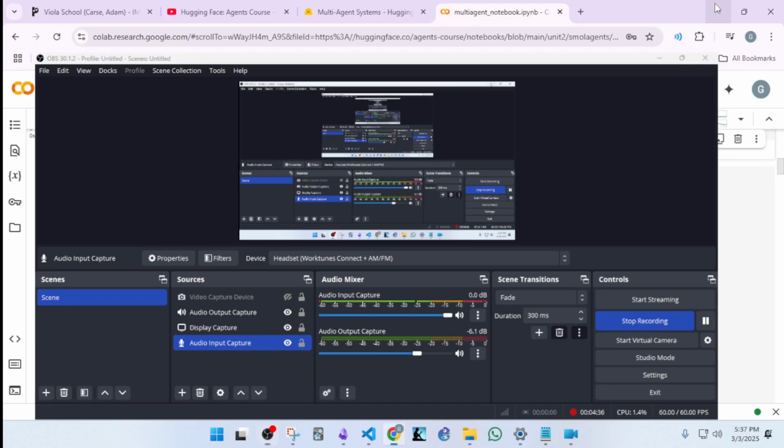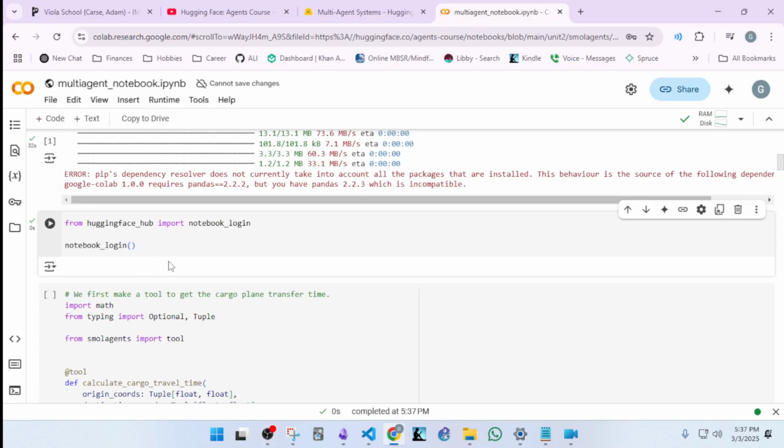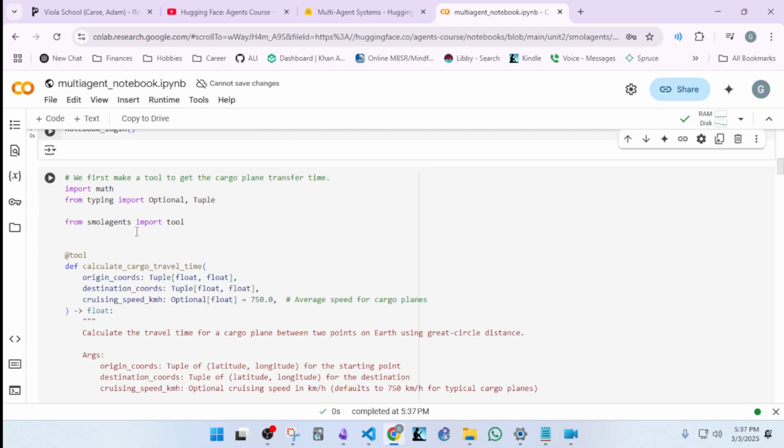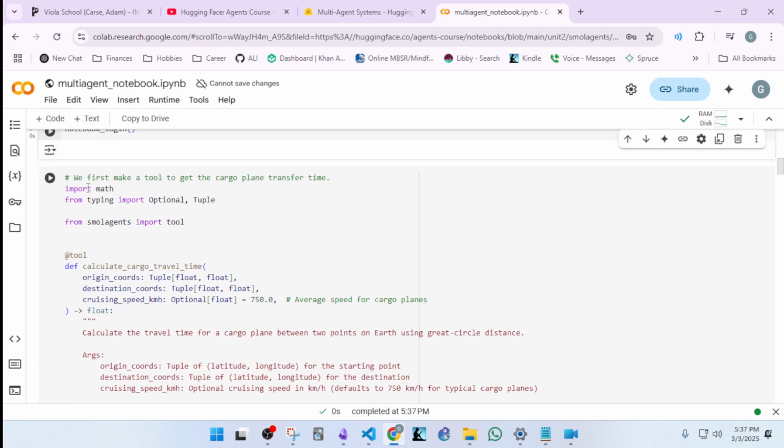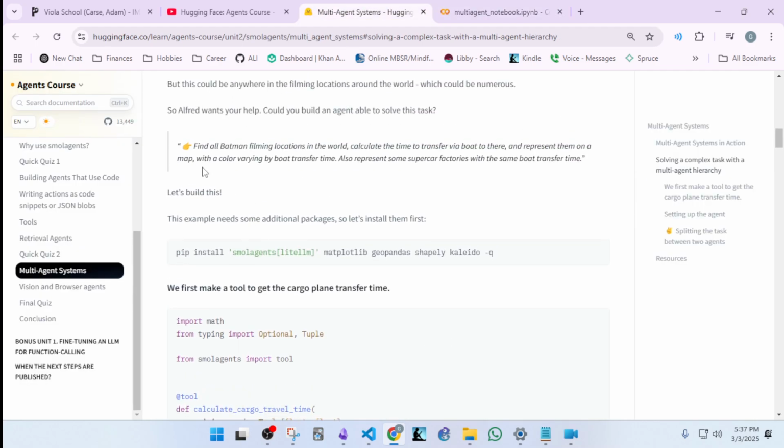All right, I'm back, and I invalidated and refreshed. So even if I leaked an old token out there, it's invalidated now. I got the new token in. So let's run this cell here. We first make a tool to get the cargo plane transfer time because we're trying to